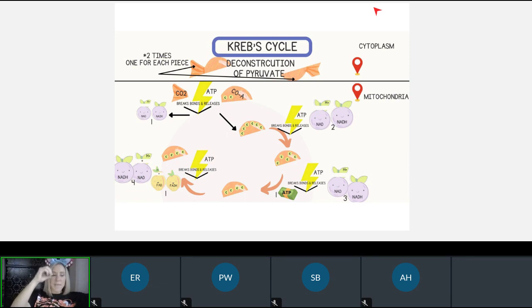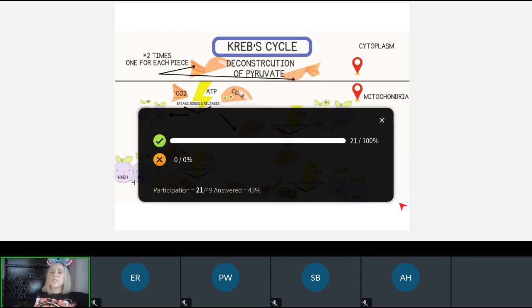So we have a piece of glucose that comes into the cell. That glucose in glycolysis is halved, broken into 2 pieces during glycolysis. And those 2 pieces of pyruvic acid go into the mitochondria and they start going through a process one at a time. One of those pyruvic acids gets cut as soon as it gets in there. Good. And the energy from that bond is used to make